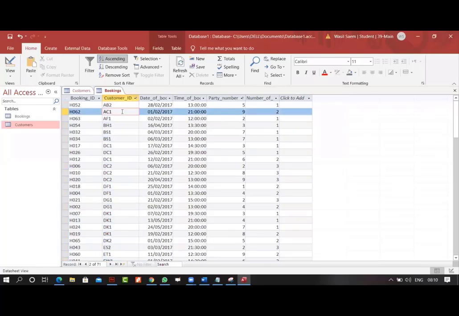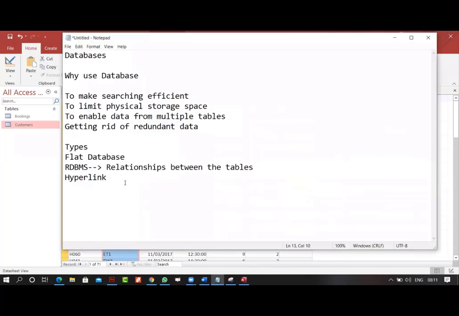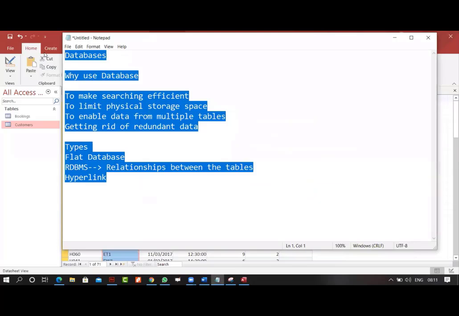Foreign key basically is when a primary key is being used in some other table and is being repeated. It's known as a foreign key. So we call this a foreign key. And the relationship that you will establish between